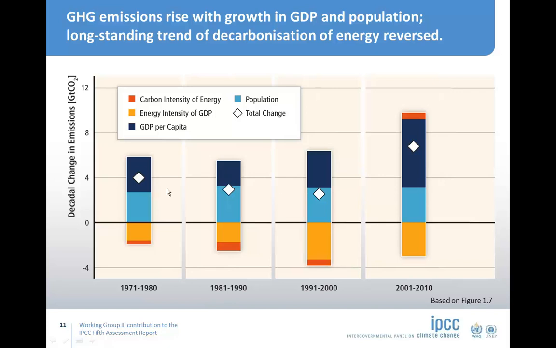So the increase in greenhouse gas emissions over the past 30 to 40 years is not a significant result of population change. And often that's a misquoted fact, that we're producing more carbon dioxide because we have more people in the world, but it's not correct. What we are seeing is that the greenhouse gas emissions are increasing due to gross domestic product. So to do with